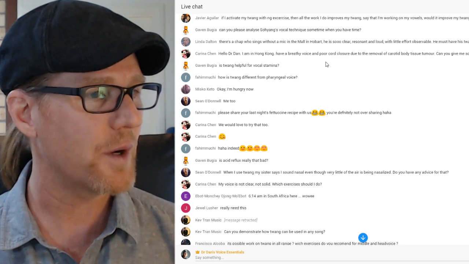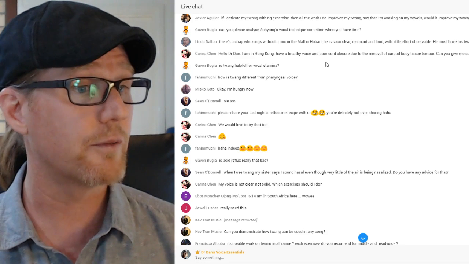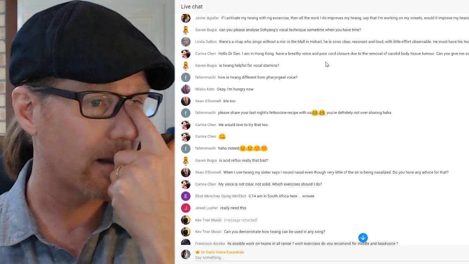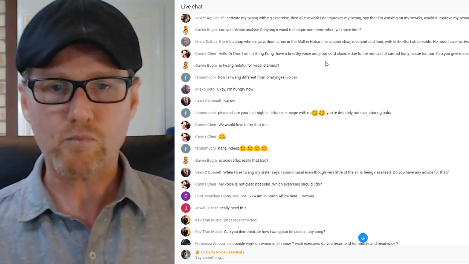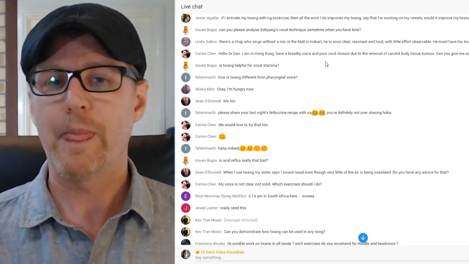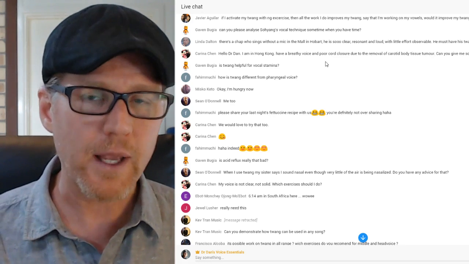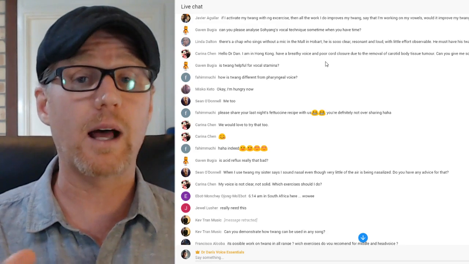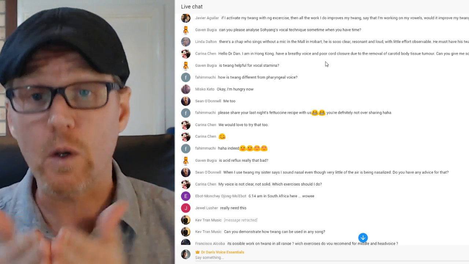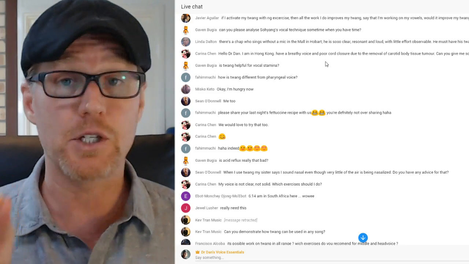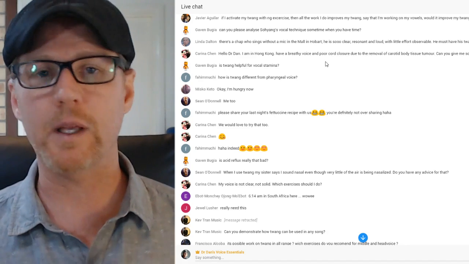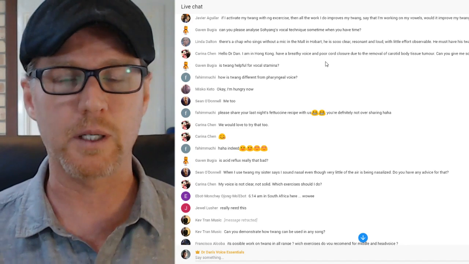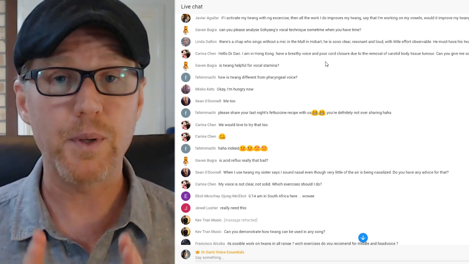I have a breathy voice and poor cord closure due to the removal of a carotid body tissue tumour. Can you give me some advice to deal with this? Ooh. So we would go looking to cause an activation of vocal fold closure. NG, doing these twang exercises, they're not going to be the silver bullet, Karina, but they will be